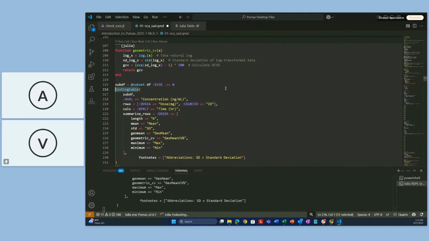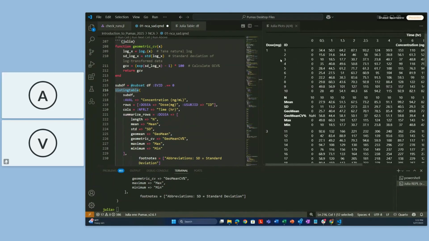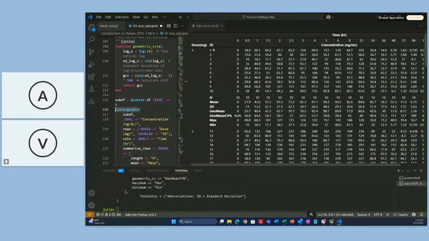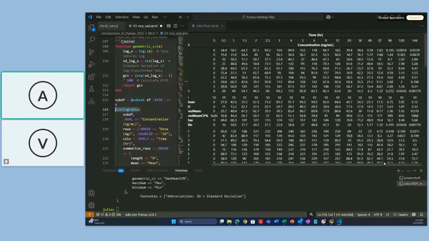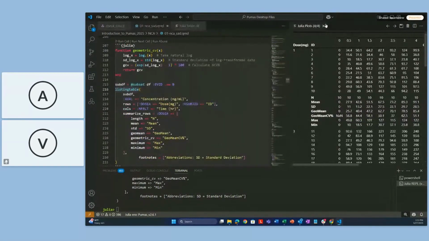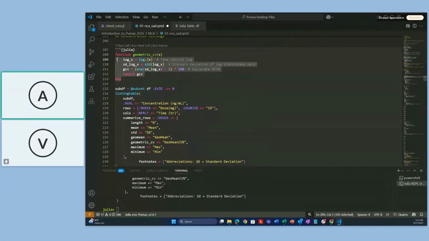And if we just quickly run this just to be able to see this, really what it's going to be able to give us is, for each of our dose groups and by individual IDs, our individual concentration time data and summary statistics on each of these, whether geometric mean or geometric CV. And I included a function here that's just going to save everybody time because nobody likes calculating the geometric CV